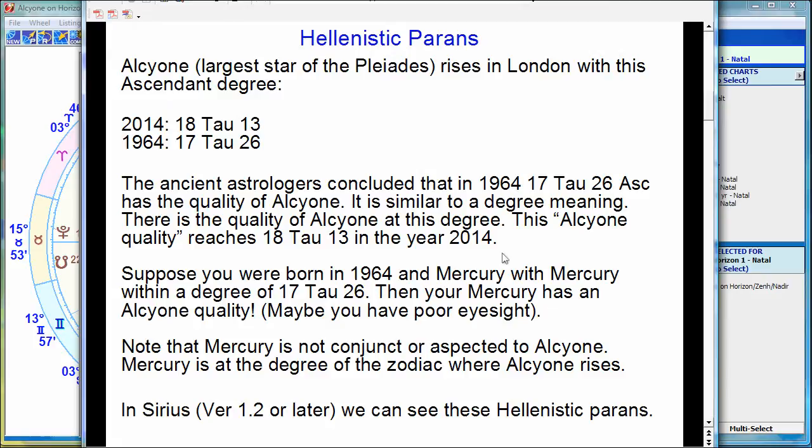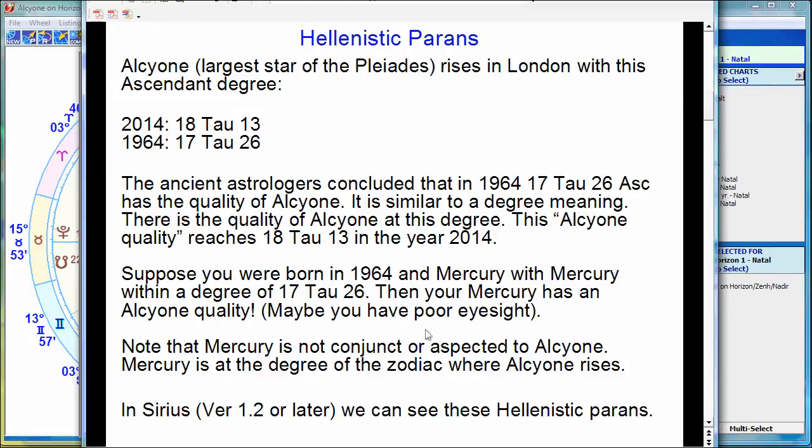Suppose you were born in 1964, all right? And suppose Mercury is within a degree of 17 Taurus 26. We want it to be pretty close. Between about 16.5 and 18.5 degrees Taurus, your Mercury is there. Well, your Mercury would have an Alcyone, or in other words, Pleiades quality, because this degree of Taurus has the quality of Pleiades if you were born in London. Now, if you weren't born in London, it's going to be a different position, or the same latitude as London. But if you were born in London, this degree has the quality of the Pleiades because this degree rises with